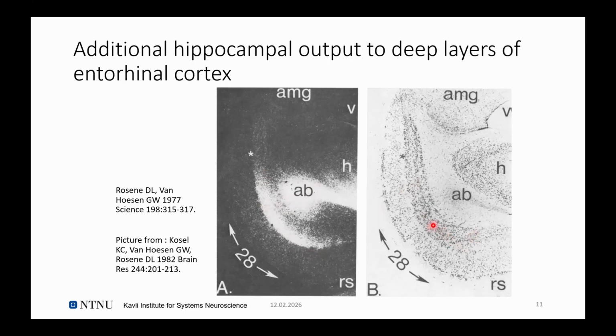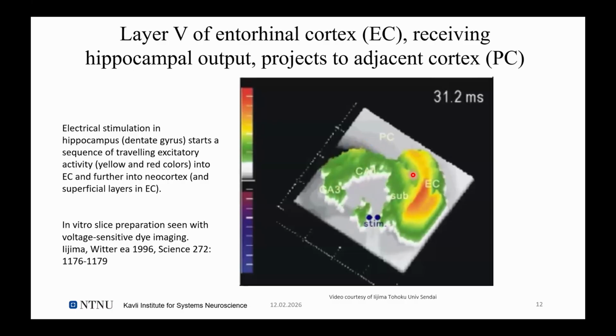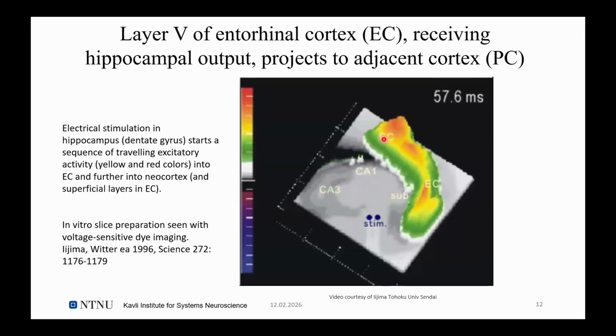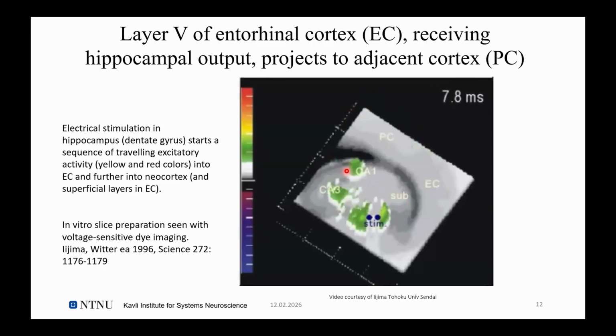So based on that idea and that finding, they proposed that there probably will be an output pathway of the hippocampus mediated by the entorhinal cortex. And just to show you in an image that this is really the case, this is a voltage-sensitive dye experiment that I did many, many years ago in Sendai, where I still hold a visiting